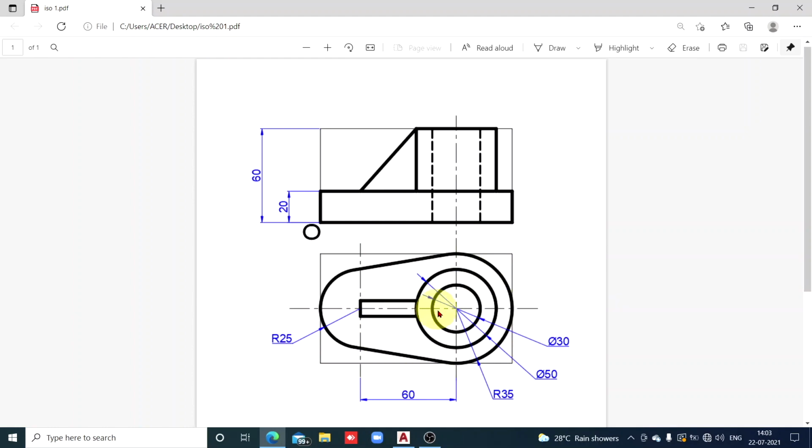So center to center distance is given. Add a radius 25 on the left side and radius 35 on the right side. So total length is 25 plus 60 plus 35, that is 120. So 120 is the total length of the object, and height you don't get in the top view, height you get in the front view. And in the front view, height is vertical 60 millimeters.